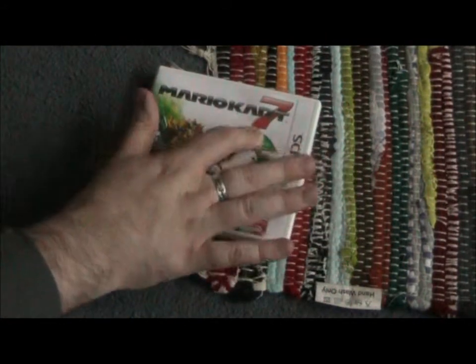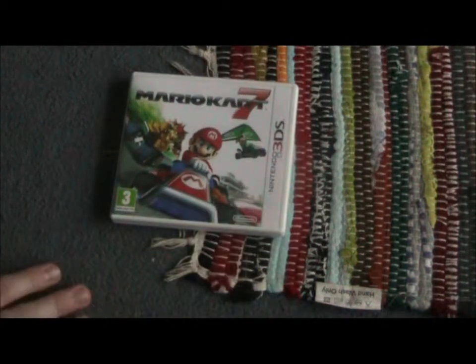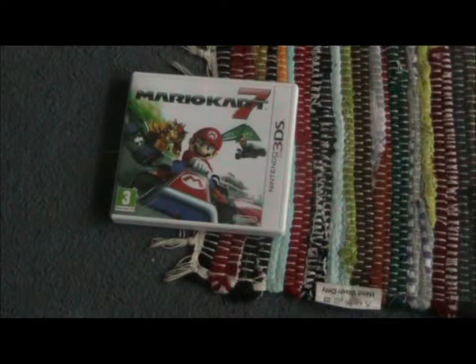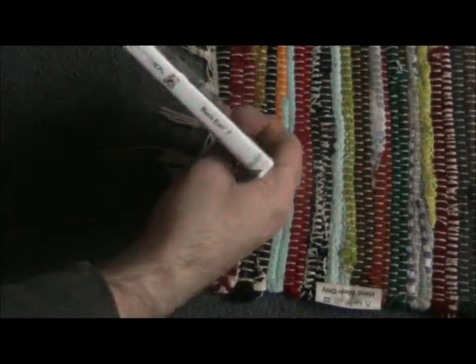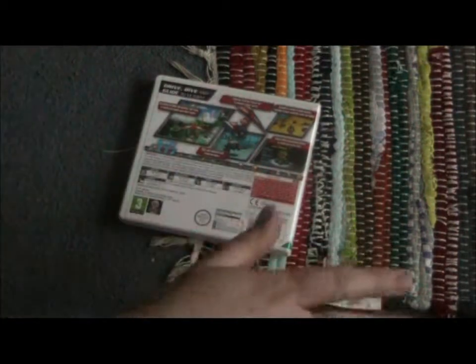Mario Kart 7. Now this is the 7th game in the installment, and I must say probably one of the best games out there at the moment for gameplay, graphically. The multiplayer is vastly improved over the Wii version, but the Wii version had 12 players, whereas this one's only got 8, but it's a lot more fun, and of course there's Street Pass and all that kind of stuff incorporated into it. Look on the side, which is Mario Kart 7 there, and on the back,